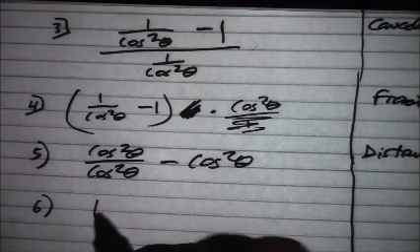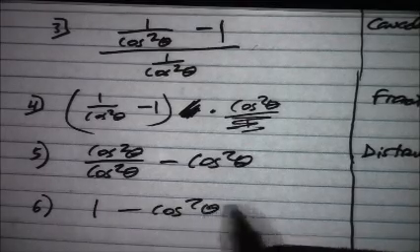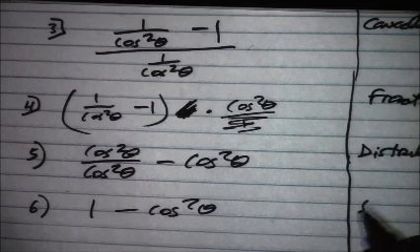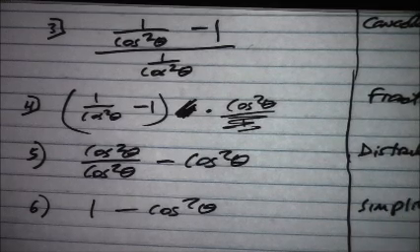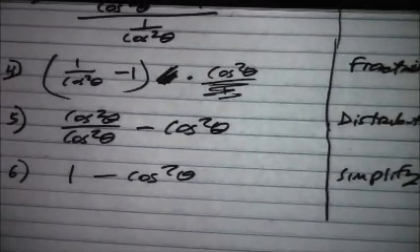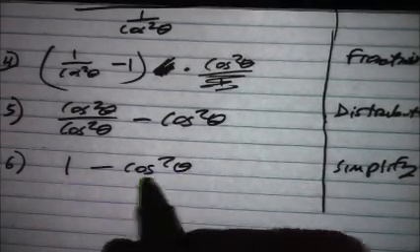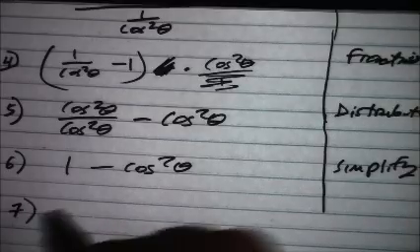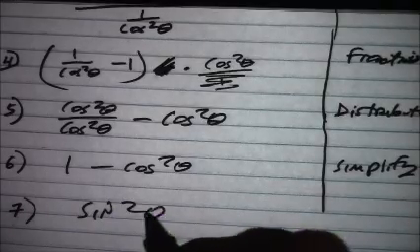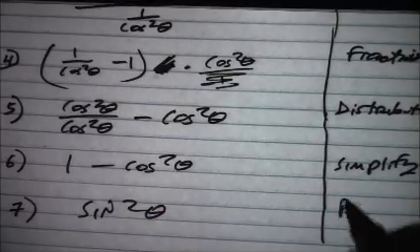Okay, well, that's 1. So let's simplify: 1 minus cosine squared theta. That's what we're supposed to do, but there's one more thing we can do. You should recognize here that because sine squared theta plus cosine squared theta equals 1, the Pythagorean identity, if you subtract cosine squared theta from both sides, this is a Pythagorean identity. So the seventh thing is just to say simply sine squared theta, using